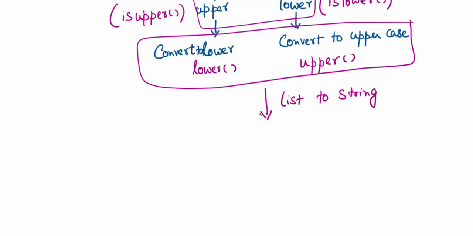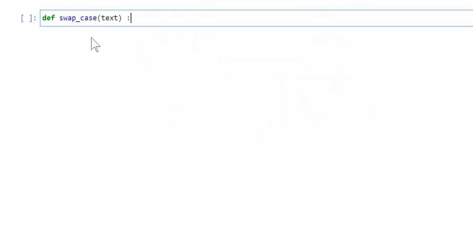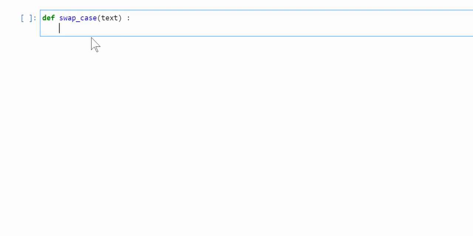Again, this can be done in a couple of ways. We'll see two ways of doing this. So let's do it in Jupyter. So here is our function swap underscore case, and the text is a string, right? So we have to first convert that to a list. Why? Because a string can't be manipulated, right? A string is immutable. So this little statement converts text, which is a string, into a list. So we are basically using the list constructor.